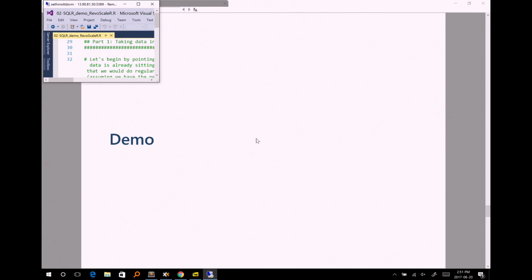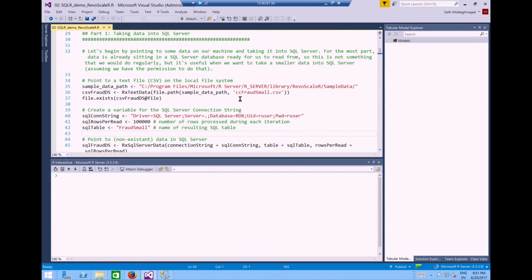Okay, so I'm going to go to a data science virtual machine that I provisioned just about 2 hours ago. And the nice thing about this virtual machine is that everything is pre-installed, so we don't really have to do anything. We can just take our code and run it. The one thing that I did have to do I can show you right here.